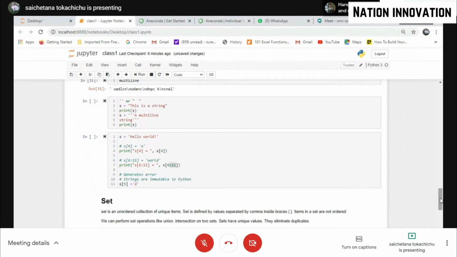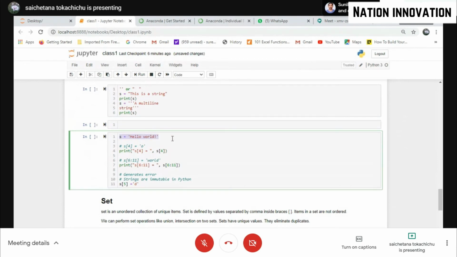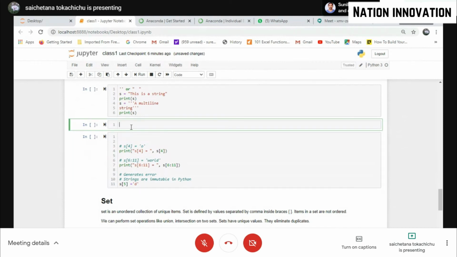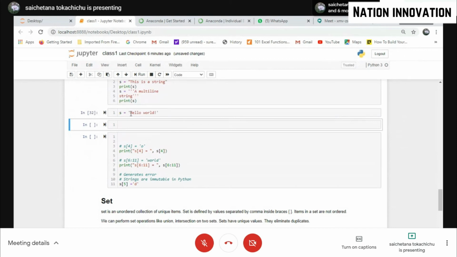So you must know that a string is also like a list. Not exactly a list, but to identify positions, it works like how we do it in a list. Let's say this is our hello world: s is equal to hello world. I'm running it. So imagine this is a list. In a list, even a space is counted as a character. So H is 0, 1, 2, 3, 4, and 5, right? So 0 to 5 is hello.